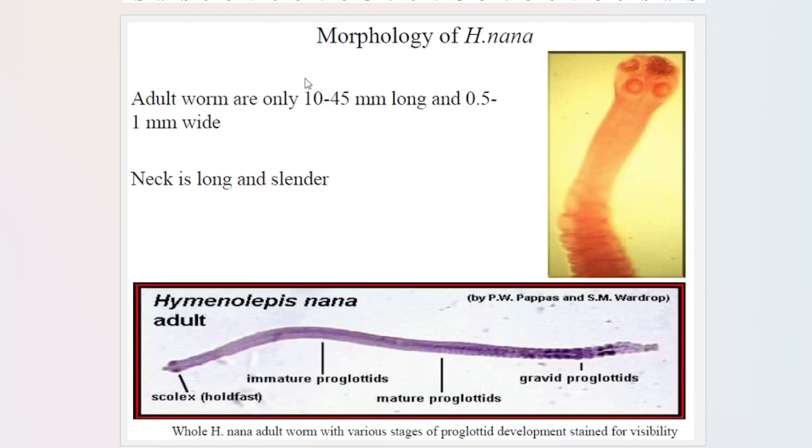So we have here, we discussed the morphology of H. nana. So the adult worm is 10 to 45 millimeters long only and 0.5 millimeter wide. So among the different cestodes, this is the shortest. Kaya nga siya dwarf. Nana. Okay? So don't forget that one. Neck is long and slender. So even if this is the shortest among the cestodes, it has a very long neck as compared to the others, or in its morphology,